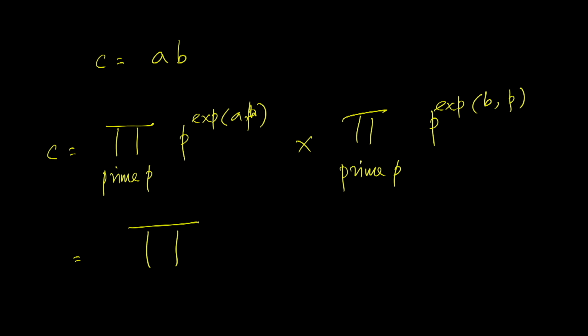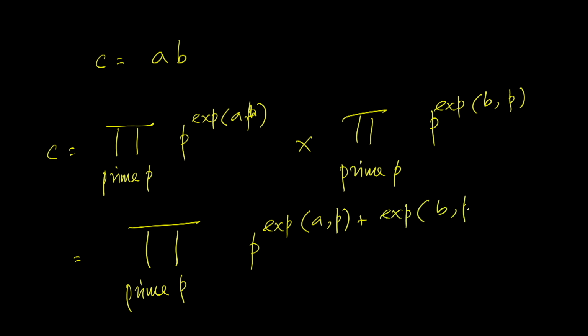Which can therefore be written as... So, in the prime factorization of C, the exponent of P is going to be the sum of the exponents of P in the prime factorizations of A and B respectively. So, it is easy to see that GCD of A and B